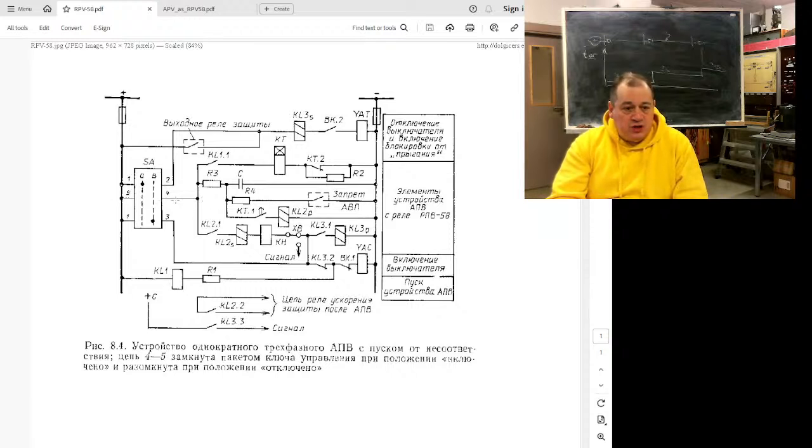This thing happens: voltage arrives here. It goes to this, because this will be energized. This circuit is closed and we have voltage here. Okay, this should activate our time relay. This time relay should be activated, and when